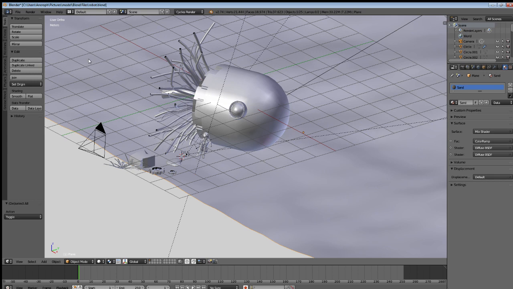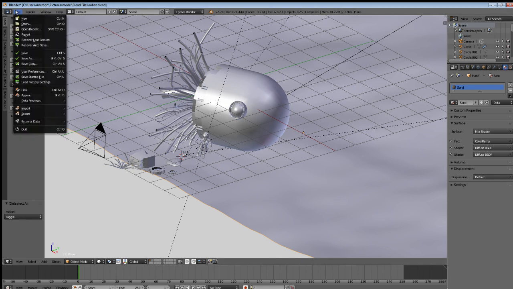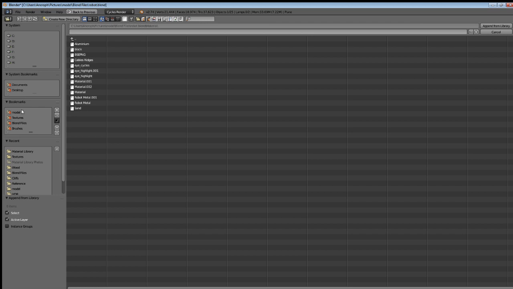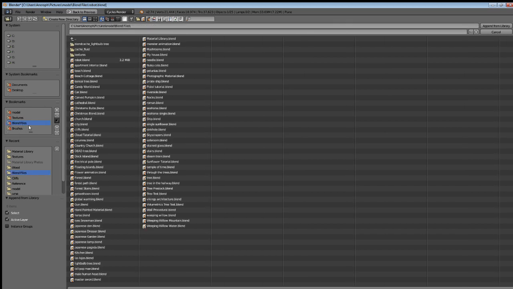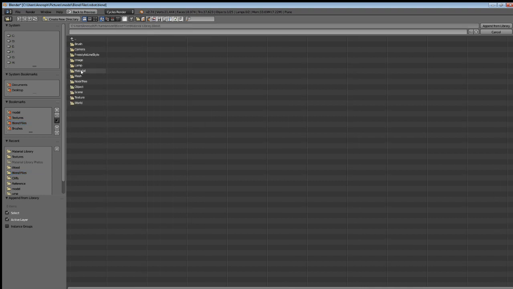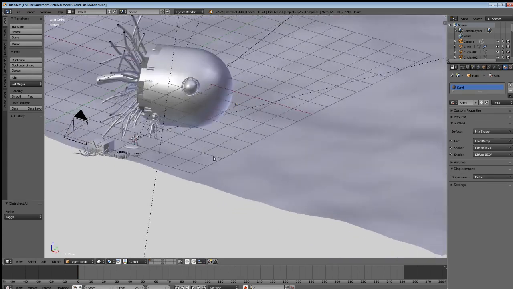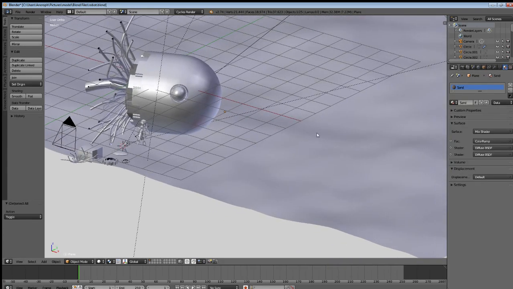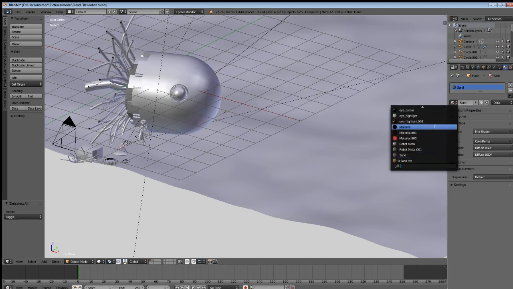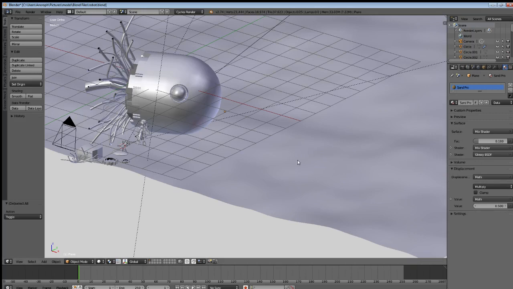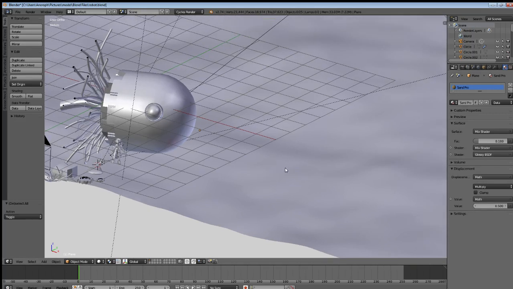However, all I have to do to use my materials library is go to File, Append, and go to my blend files, find my materials library, go to Material, and here are all of my materials that I can use. So I wanted Sand Pro. That means Sand Procedural, if you were asking. And now right here in my drop-down box you will see Sand Pro. I can click it, and just like that, it has now been appended to my file and I'm using it